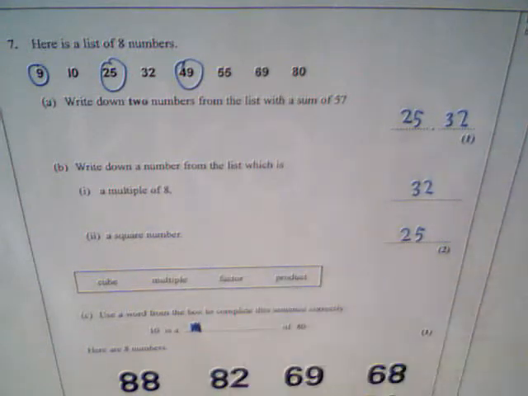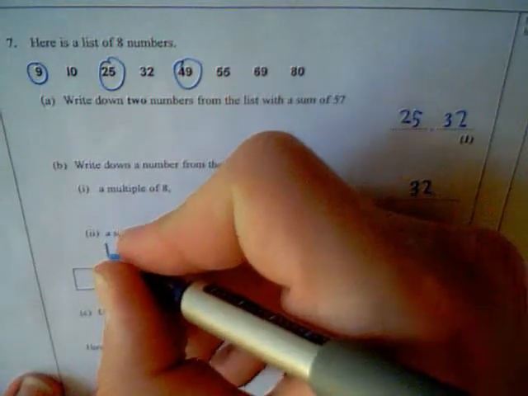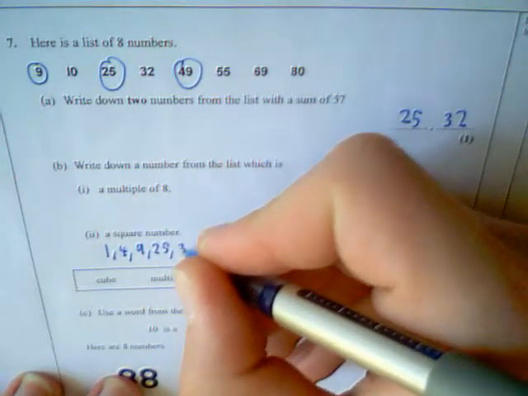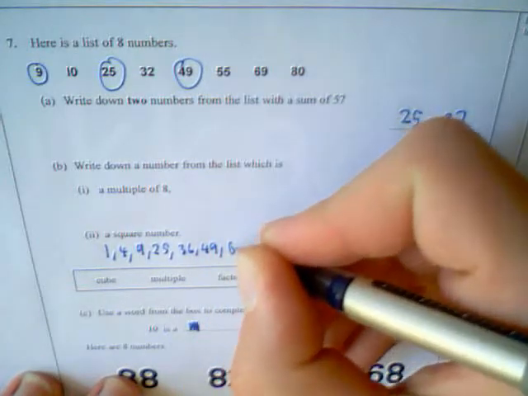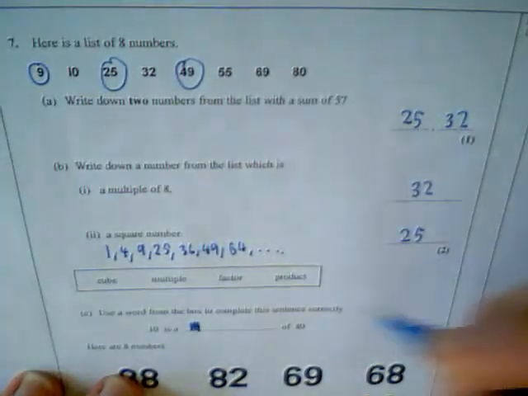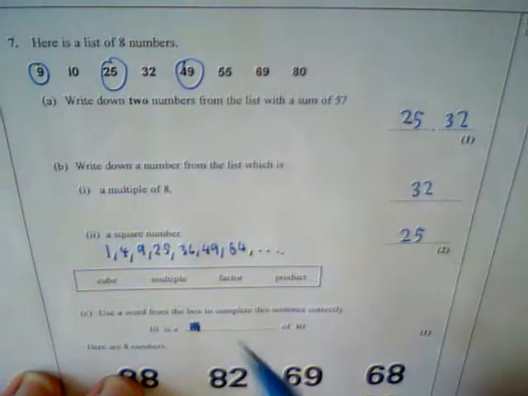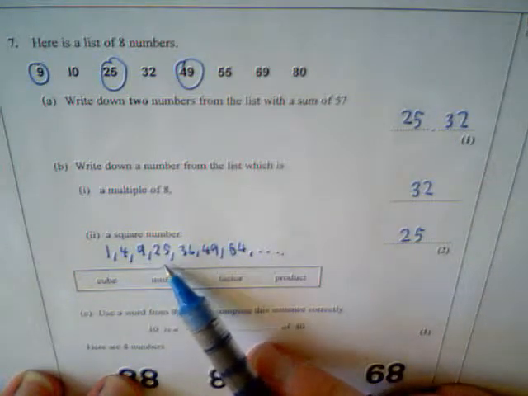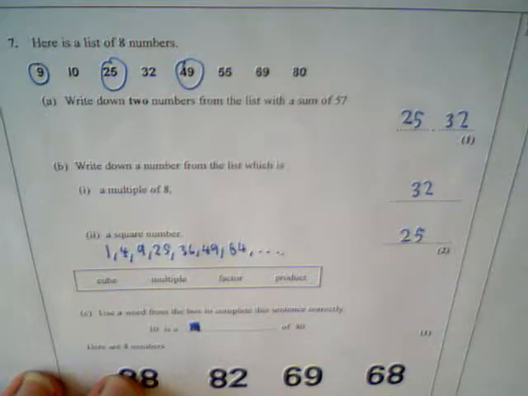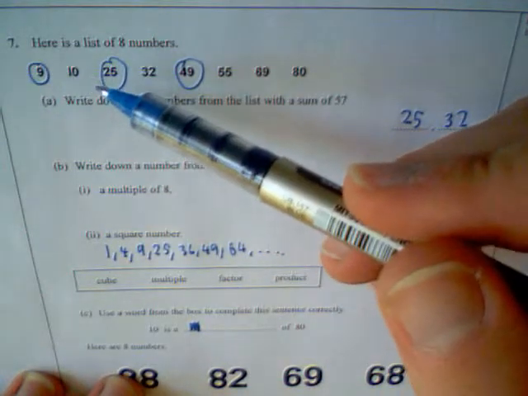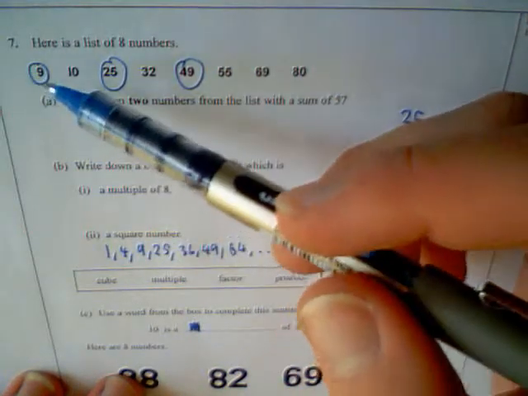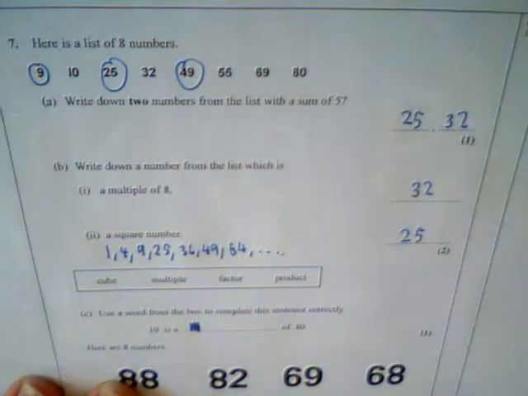Write down a square number. Square numbers, we can always write them down here: 1, 4, 9, 25, 36, 49, 64. The list continues. We can see that 9, 25 and 49 are all square numbers in the list, so we could have chosen any of them, but